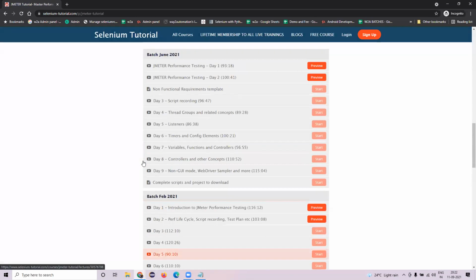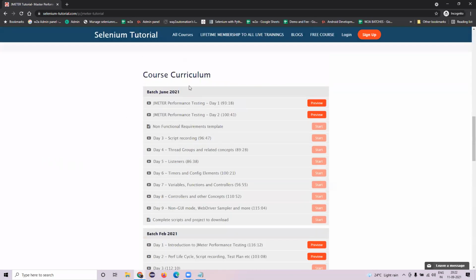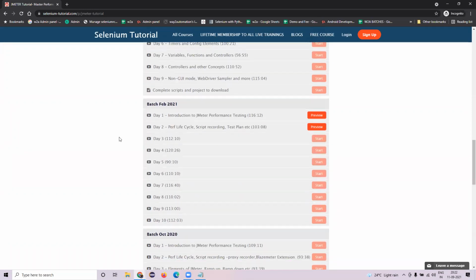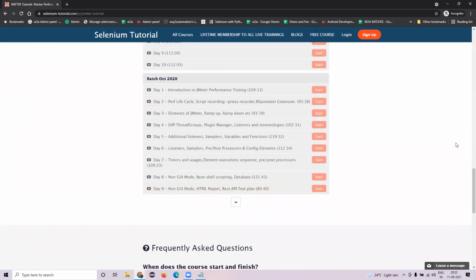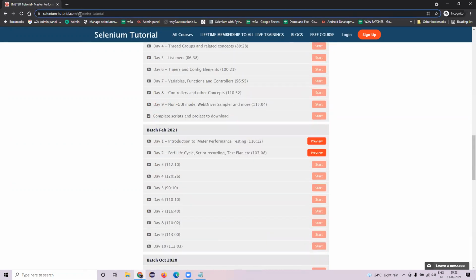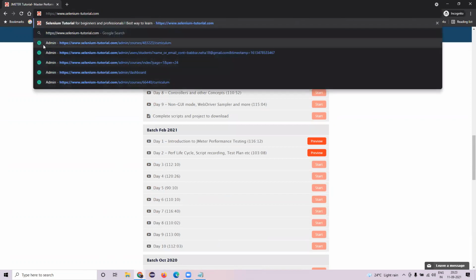So we have around 10 sessions in the JMeter batch. All these are around 2-hour sessions. You can take a look at this URL. You just need to navigate to Selenium,